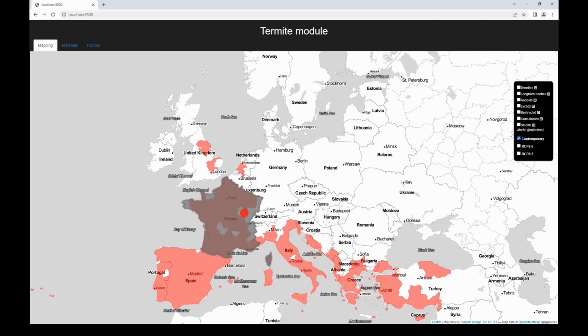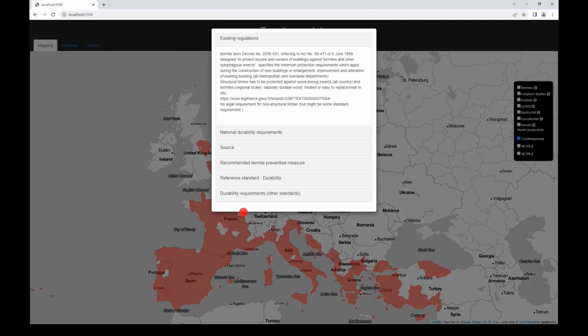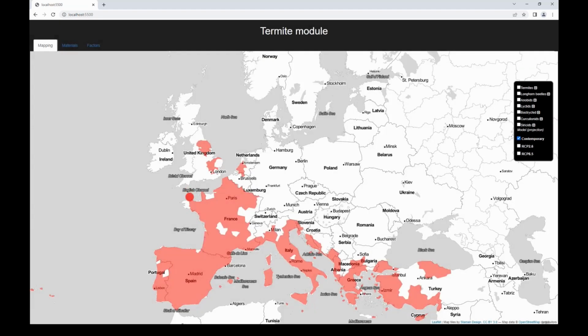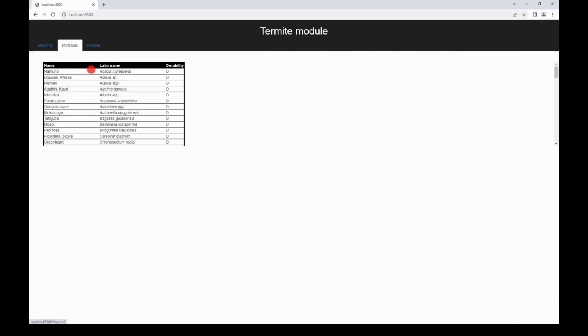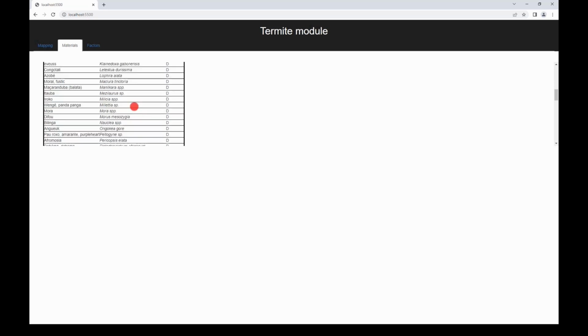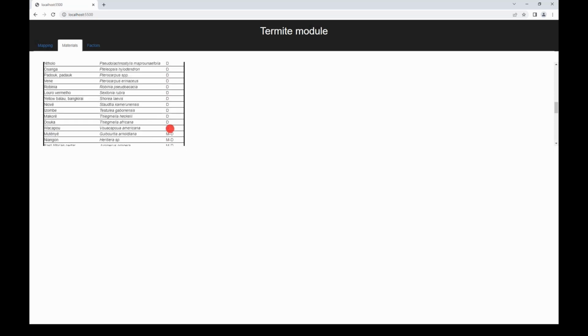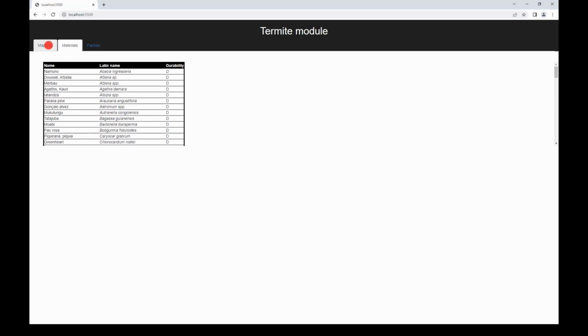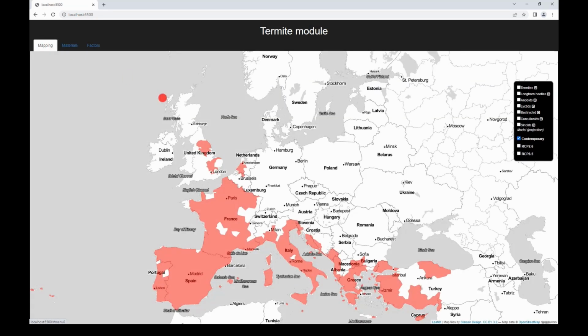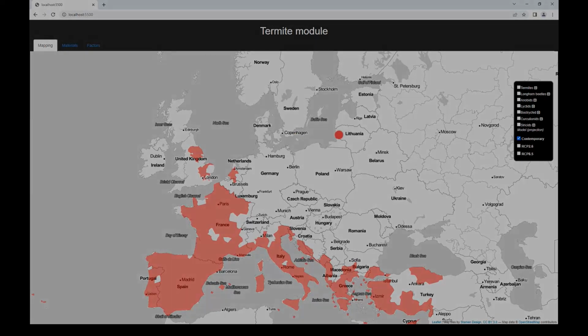And you can compare against different climate change scenarios and see if there might be a future risk in 50 years or so. And then if you are at risk, you might be interested in the national rules that apply, and then you can click a country and you will have a lot of national information about how you can deal with termites. And then we also have a database of durability classes for different materials.